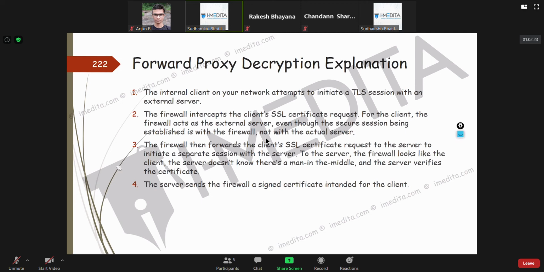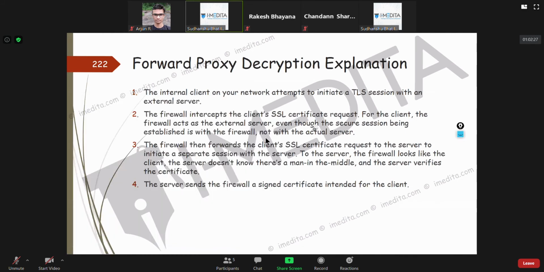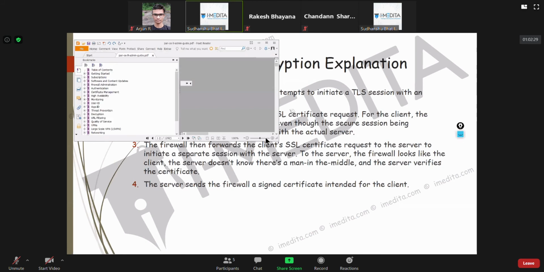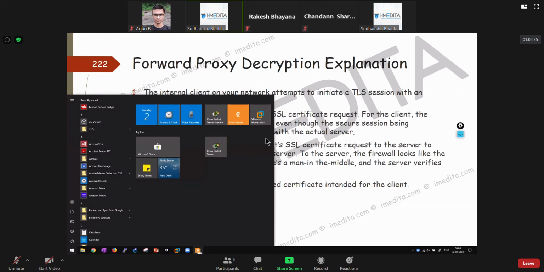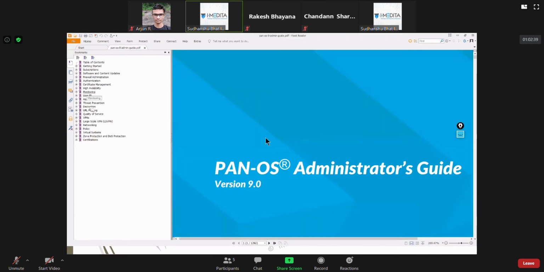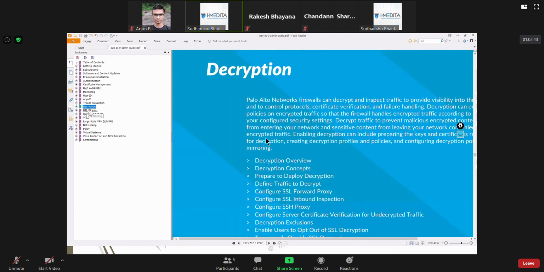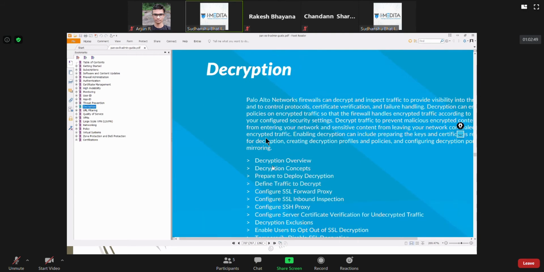Also, this is available in the PAN-OS admin guide. Although you'll be getting these slides in a handout from Medita, if you directly want to read it from the PAN-OS admin guide, you can start reading this decryption part. Decryption is almost 60 to 70 pages, so you can start reading the concepts here.